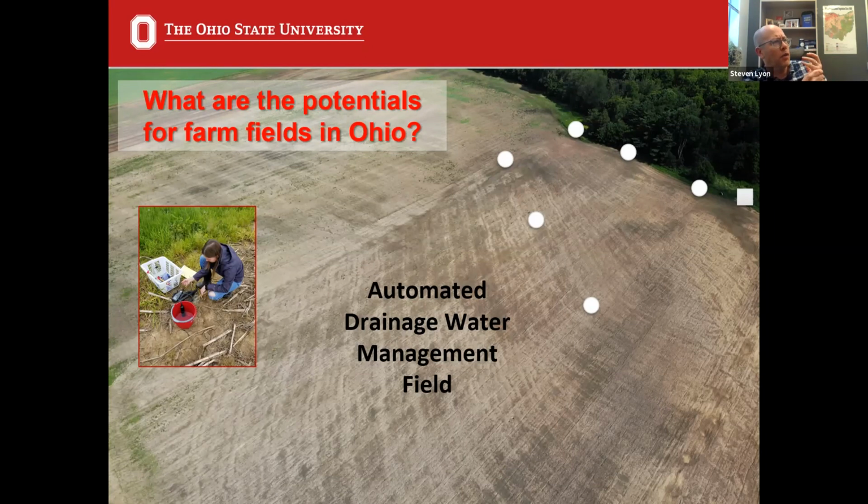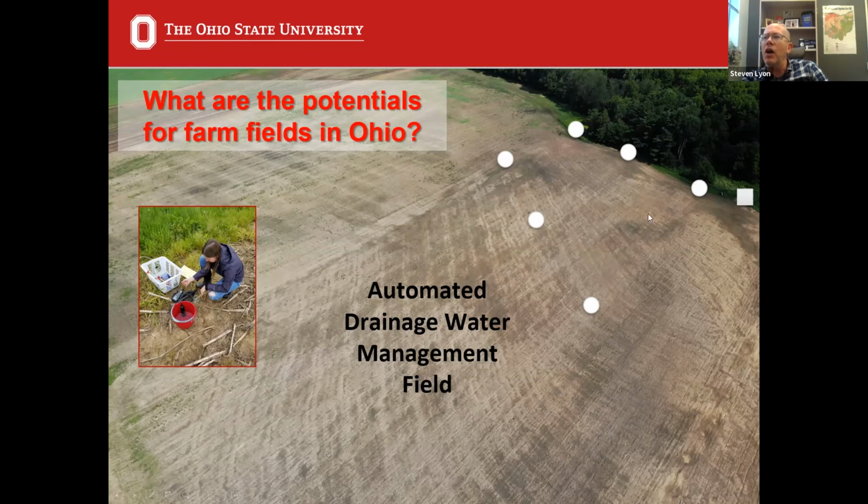And so for our experiments, for a little over a year, we monitored how a cornfield here at the OARDC responds under automated drainage water management. And so this field here is what you see in the image. You can see in the aerial image the tile lines on contour. And we monitored hydrologic response, water table position, and water chemistry in the field across a few locations, these white dots. We also measured it across the edge of the field at the riparian zone here, the buffer edge right here. So in the farm field or at the edge of the field.